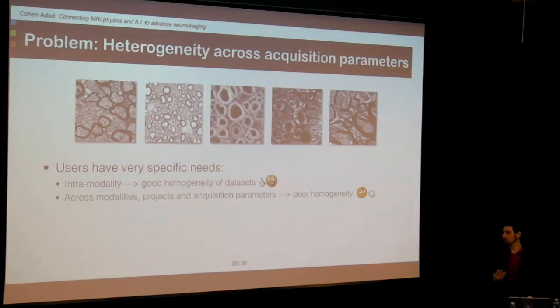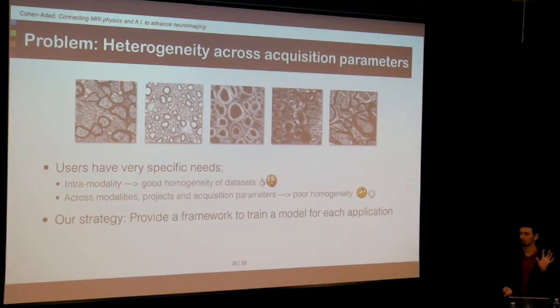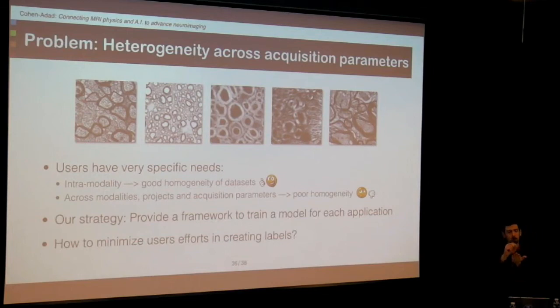Our strategy here, and I'm showing that to you because it's a different strategy than the one we are trying to get with MRI, is to try to provide a framework to train a specific model for a specific application. Is there a smart way of doing that? Because obviously that comes with the burden of creating manual labels in order to train the model. So we would have to ask each researcher, each site, to do this manual labeling